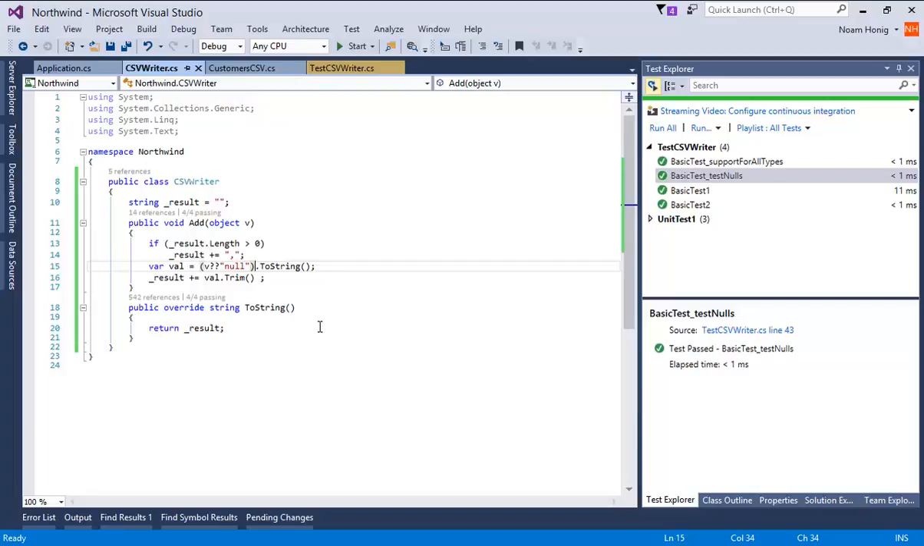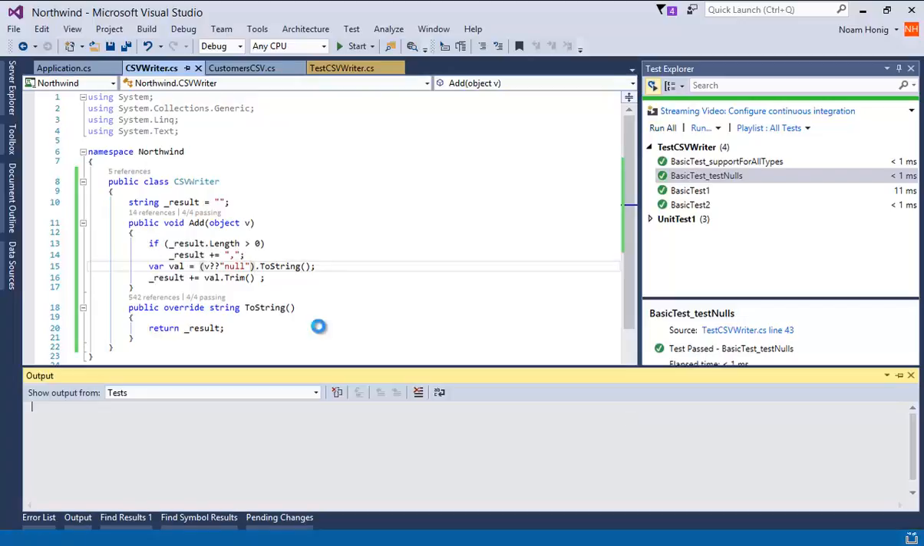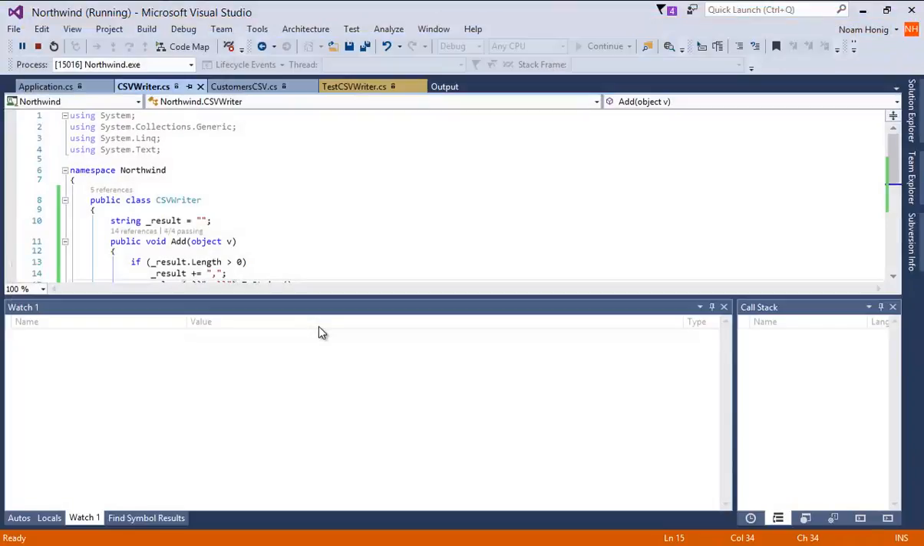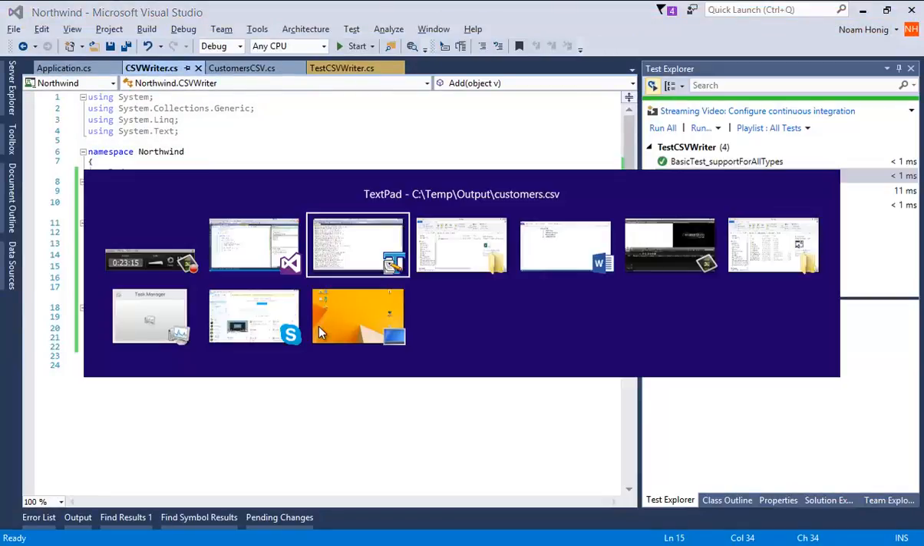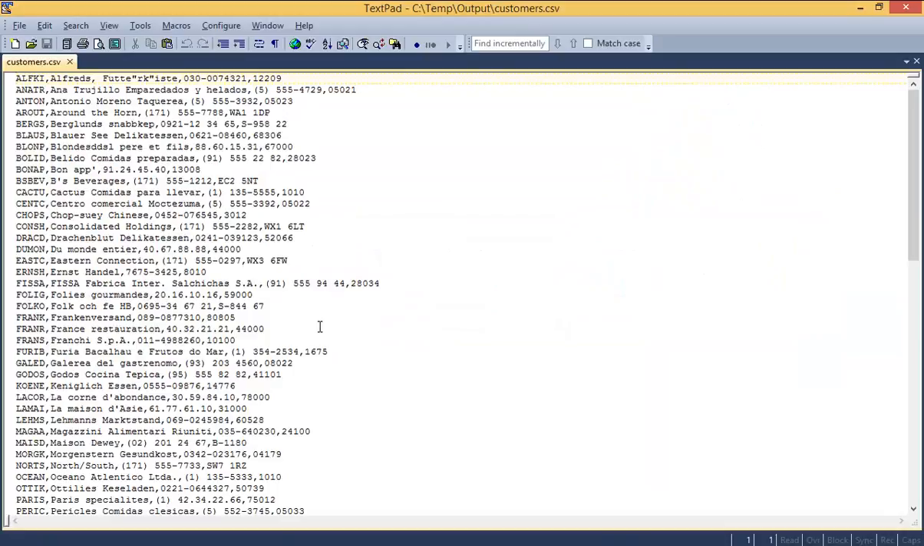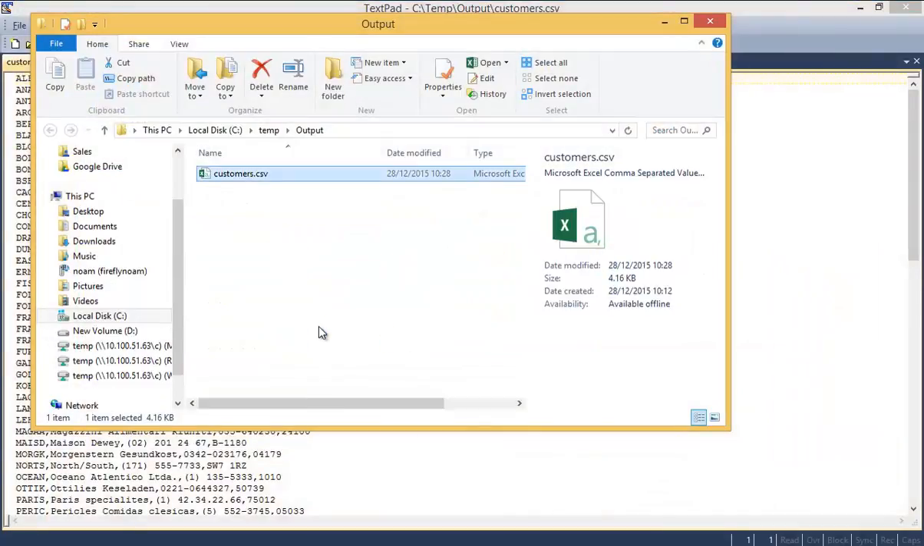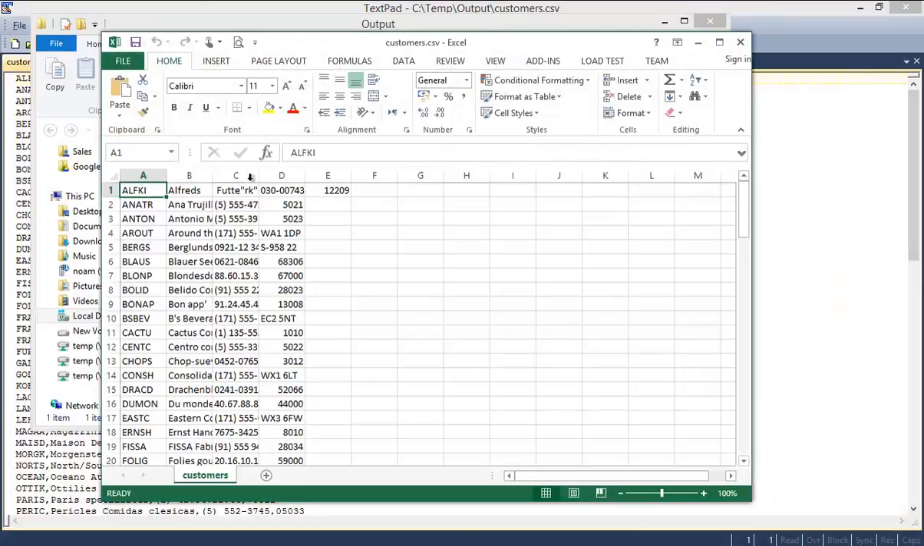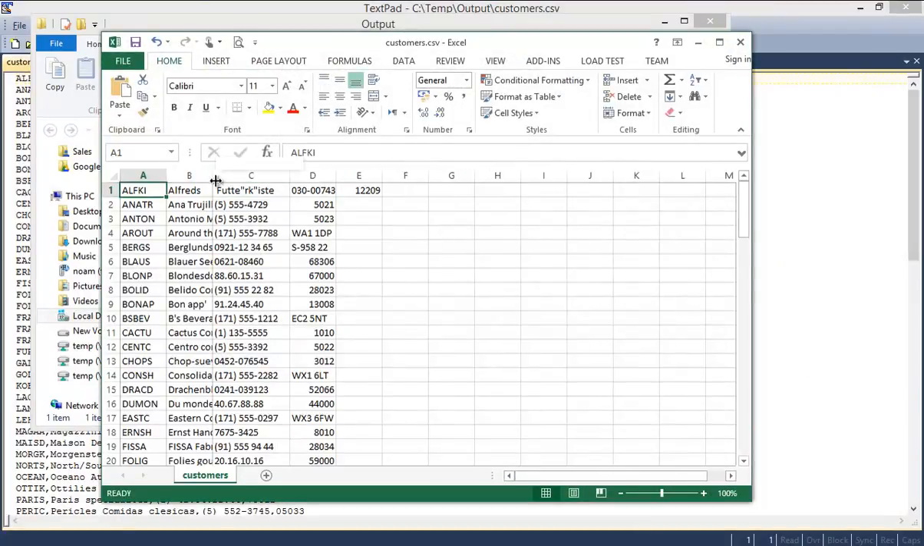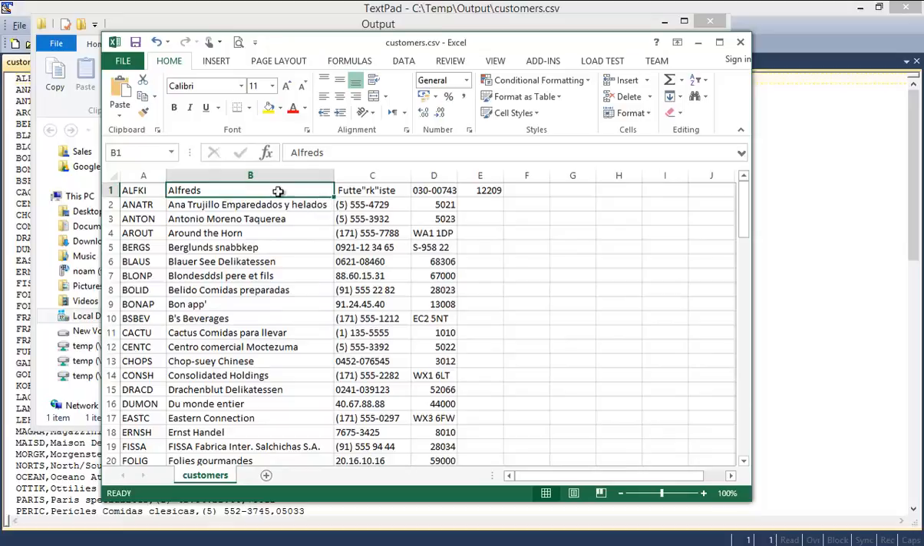Now, back to the real case scenario. When we run this application using our nice little CSV writer, we get a good result that looks great. But when we open it in Excel, we can see that because the customer name had a comma in it, I got some kind of an indentation here that I didn't want to get. So first thing I need to do is figure out what the hell do you do when there's a comma